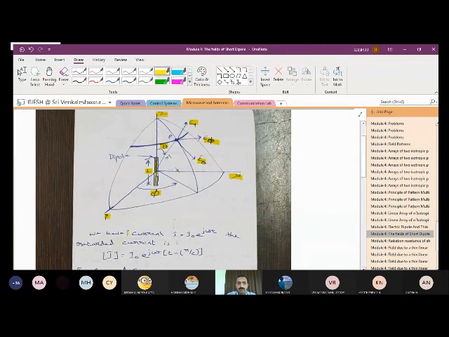We can write the equation for current, that is I. I can be written as I naught e to the power of j omega t, and the retarded current, which is denoted as I in square brackets, is I equal to I naught e to the power of j omega into t minus r by c.